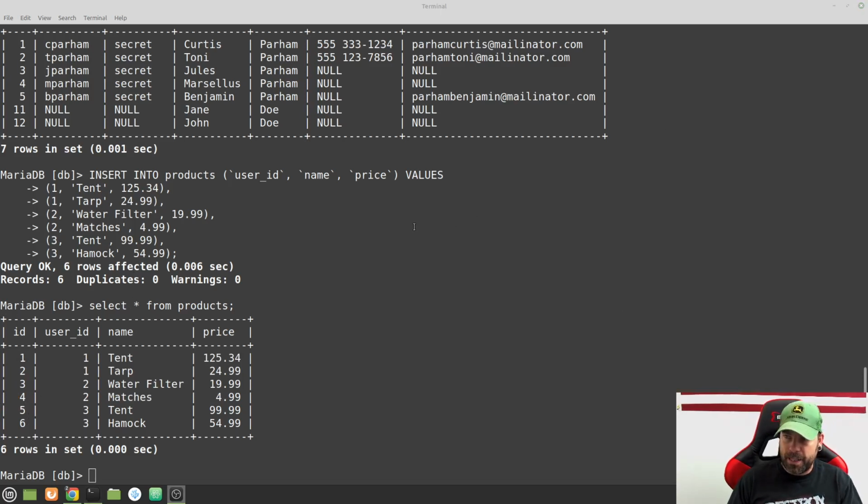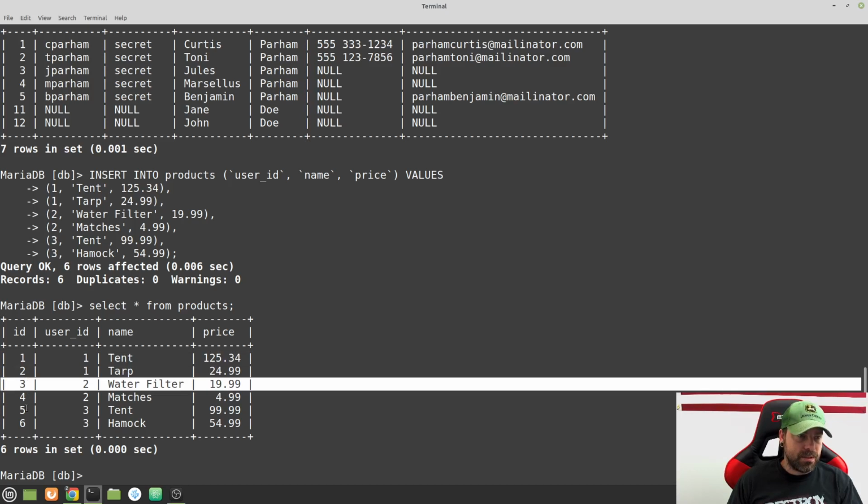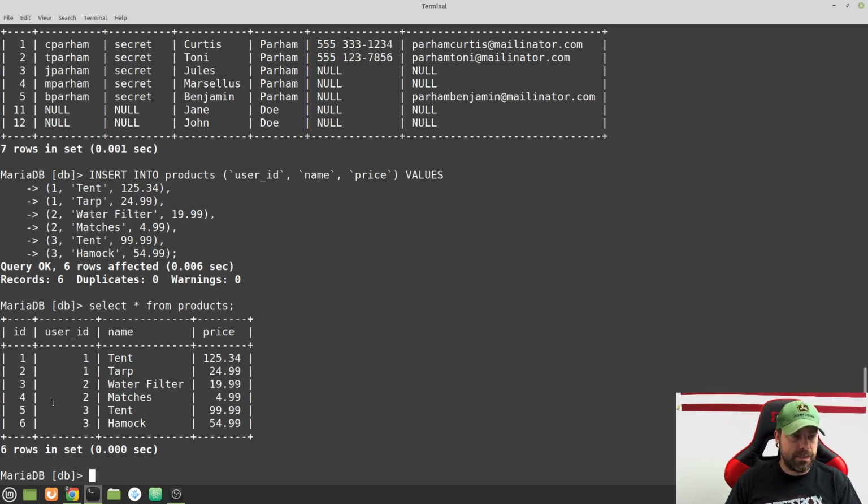okay, I just panicked for a minute because I thought I may have forgotten to switch over to my screen, and we'd have to restart. But right here, this ID column, this is called the primary key. This is unique. Every row in this table has a unique primary key. This right here in the user ID section is what's called a foreign key, and we didn't set it up with foreign key constraints or anything yet, but this is a foreign key. And what this is,